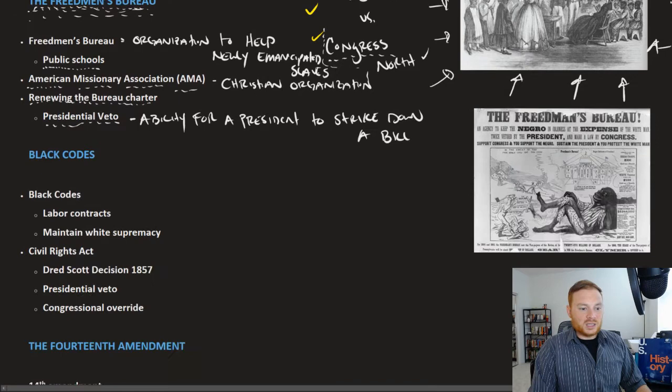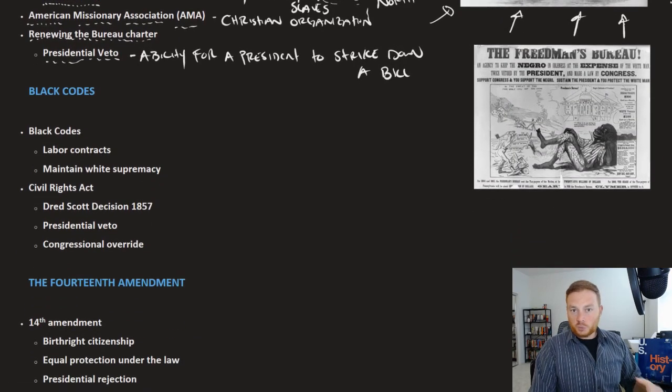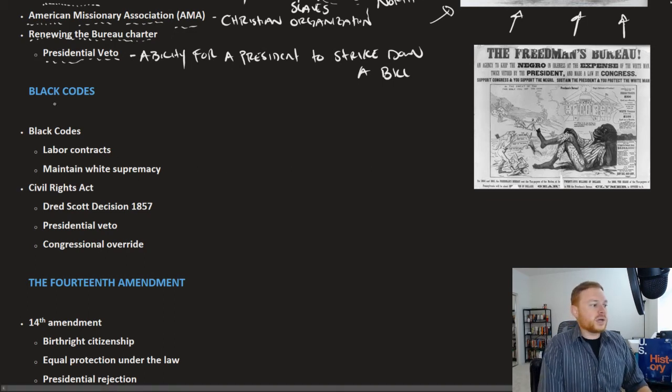On a state level, states were being reconstructed under President Johnson, who had a rather lenient plan. Recall that Johnson wanted Reconstruction to be as quick as possible and as painless as possible, and more or less allowed states to reconstruct and create laws in any way they saw fit. And so under President Johnson, as states began entering into the Union, they began passing new laws called the Black Codes. The Black Codes were state laws